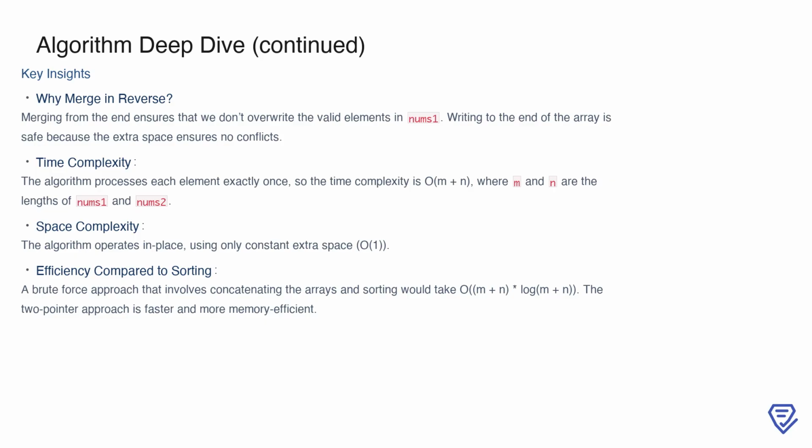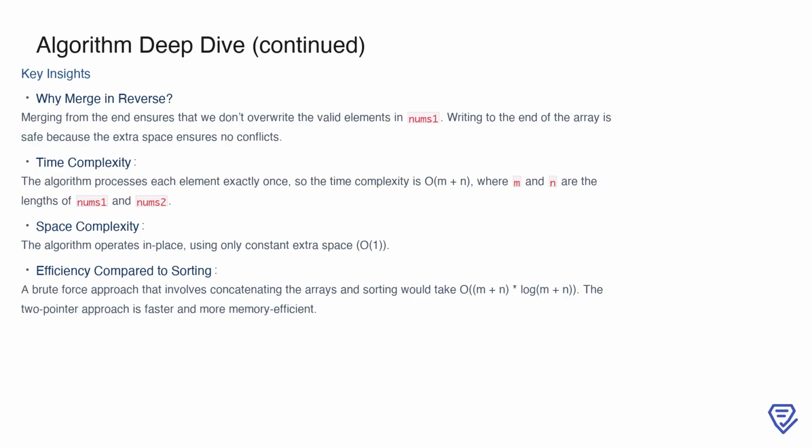Additionally, since the algorithm modifies nums1 in place, no extra space is required beyond the pointers we use, making the space complexity O(1). This is a significant improvement over a brute force approach that involves concatenating the arrays and sorting them, which would take O((m+n) log(m+n)) time and additional memory. The two-pointer method is not only faster but also more memory efficient, making it a robust solution for merging sorted